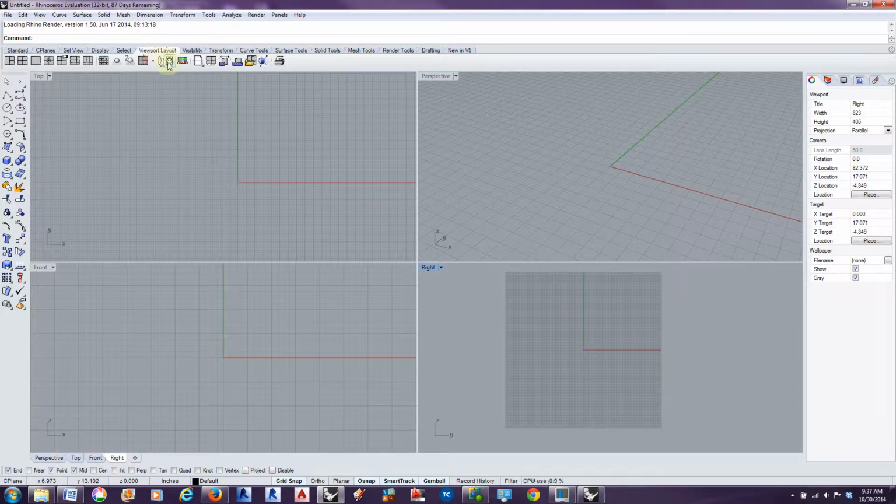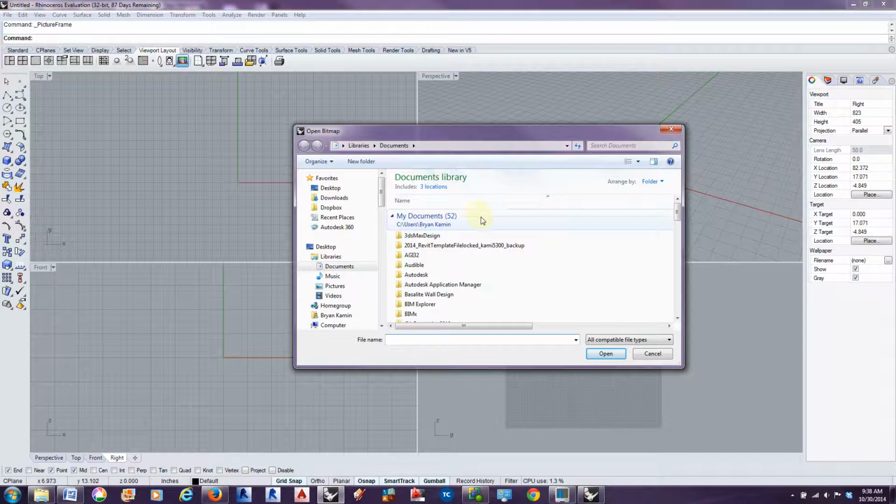No, view layout, sorry. We go to our view layout tab. We can find this little button that sort of looks like a picture. If we select that, it's the same thing as typing in picture frame and hitting enter. You can go to